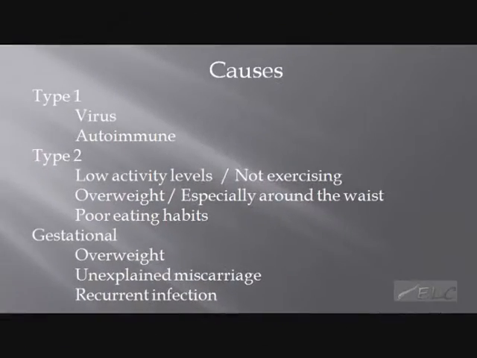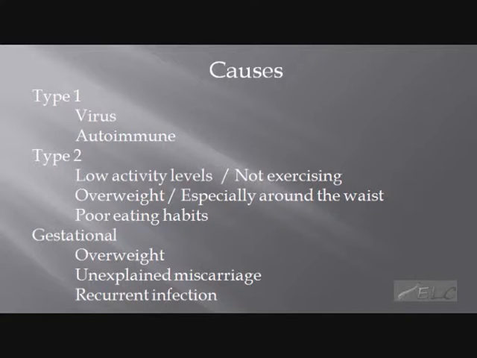With type 1 diabetes, we have no evidence that shows exactly what causes it, but there's some evidence that shows that viruses or autoimmune diseases cause it. And if we can build up our immune systems and keep them healthy, then we've lowered the risk of us ever getting type 1 diabetes.